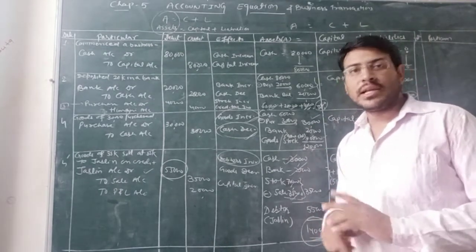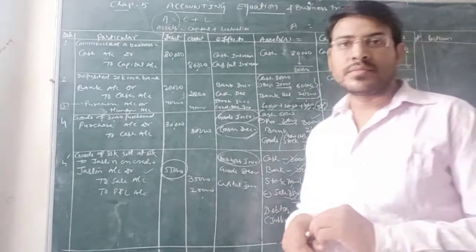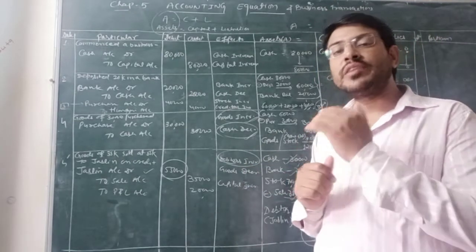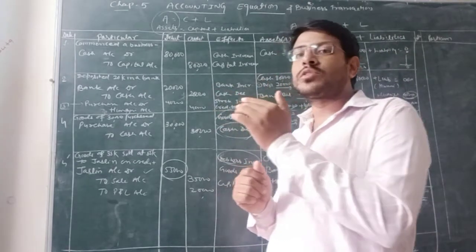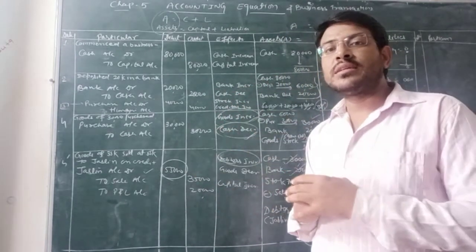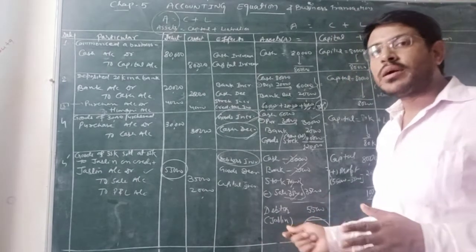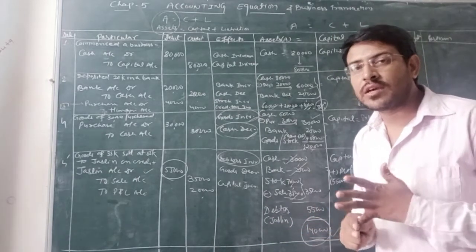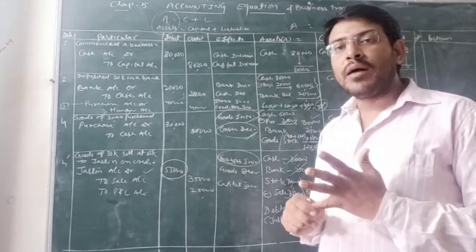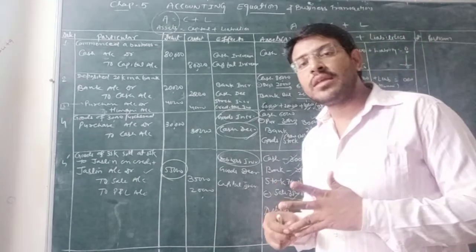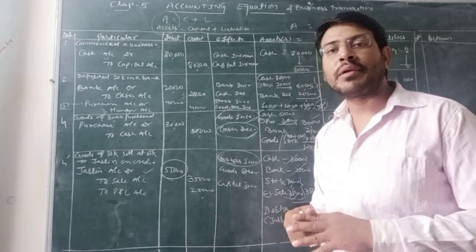On the other hand, it's a credit transaction, but we are delivering the goods. Means the other party is debtor. So we have shown the entry over here. There is no liability standing. But as we know that if there is any income or expenses, our capital will be affected. Any expense will decrease capital, and any income or any profit, our capital will be increased.